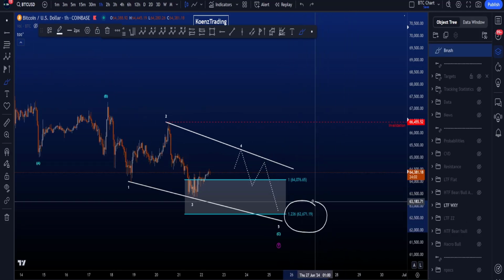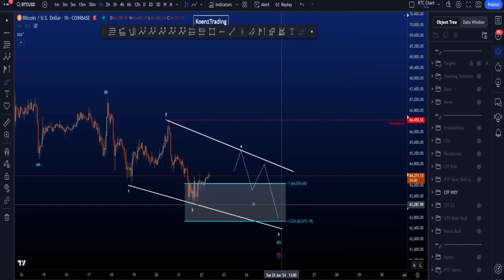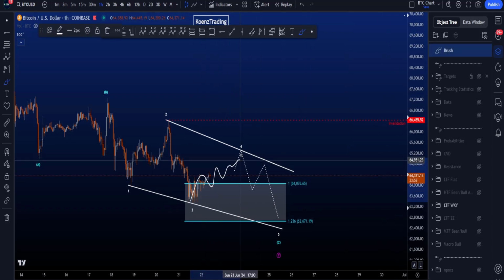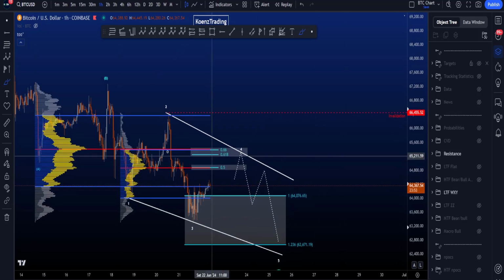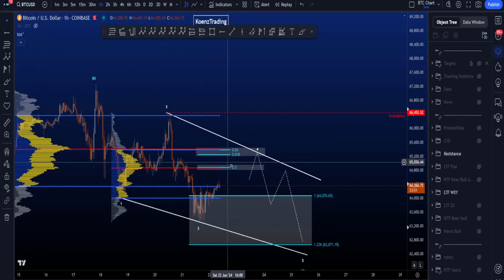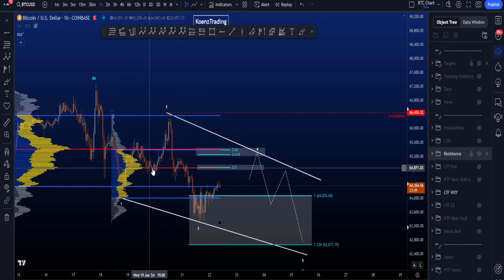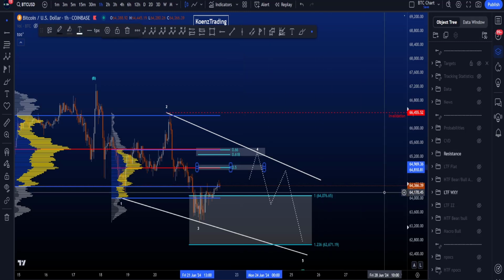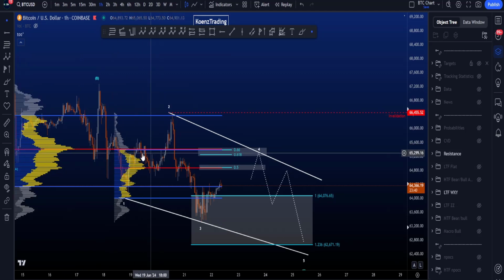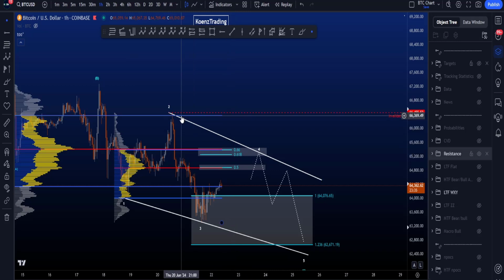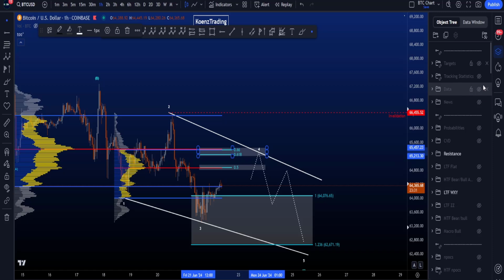Here we look for a weekend range in a wave 4, grinding towards the upside, towards some interesting resistance that we have here as well. As you can see, two boxes. We have a point of control of this volume profile in confluence with the 0.5 sitting between 64.8 and 65k, and then we have another point of control over here and also the value area high of this volume profile in confluence with the golden pocket taken from the high to the low, sitting between 65.2k and